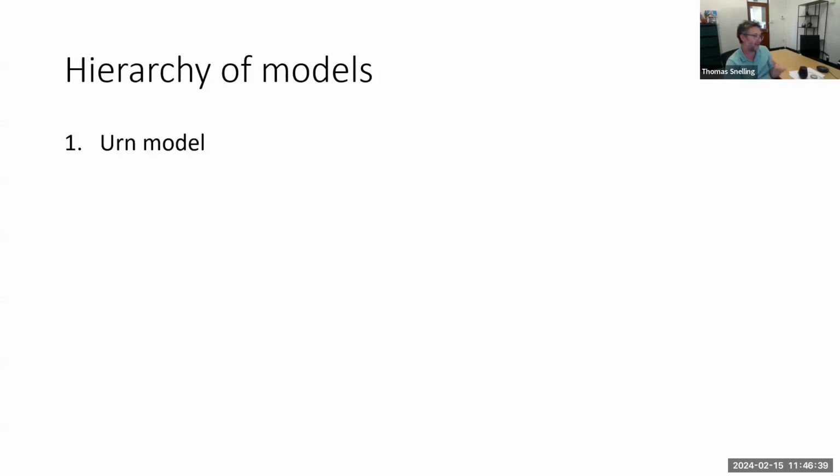And so we consider that there's a sort of a hierarchy of models that we work with. Firstly, there's the urn model, and this is the simple model that clinical trialists probably unknowingly use whenever they implement a traditional clinical trial. So the idea is that participants in the clinical trial are like balls in an urn of different colours, and that the process of doing a clinical trial is like randomly sampling balls out of that urn and trying to make inference about the contents of the urn based on the